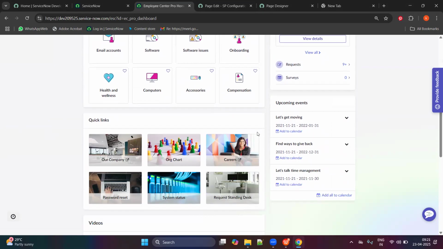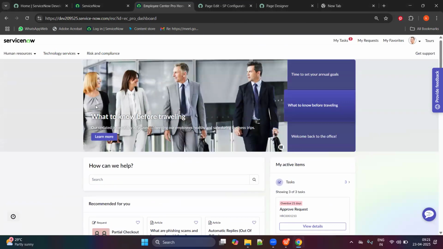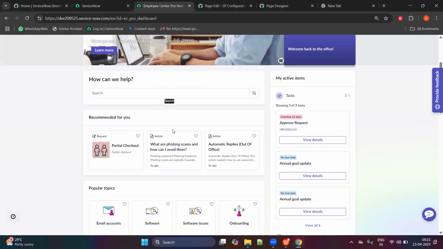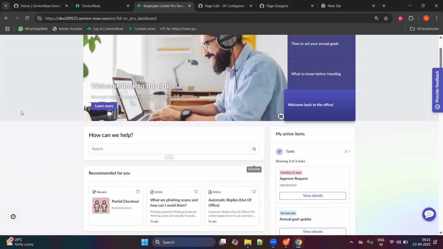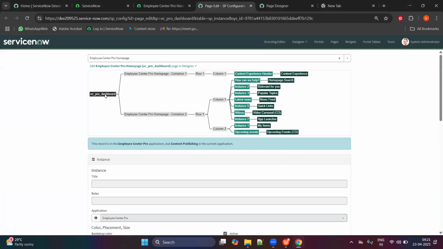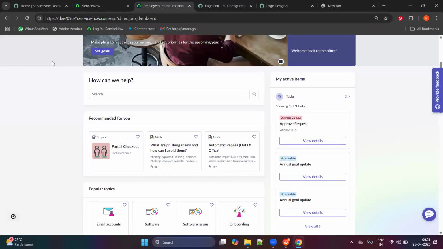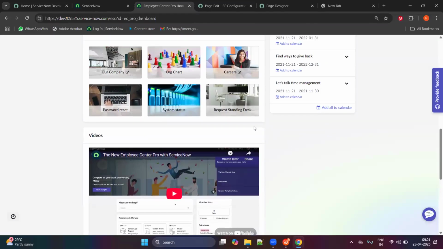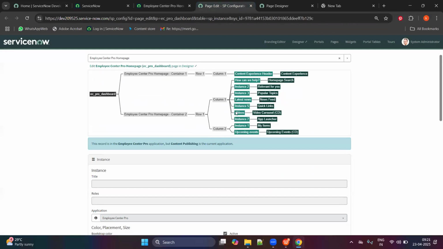Now if you just see here, again I'm telling you, this is row 1. This is entirely row 2. In row 2, this is column 1 and this is column 2. You understood, guys, this map from here. Okay, home page container 1 and home page container 2. This is home page container 1 and this whole part is home page container 2. Okay, and say for instance, now what I'll do,